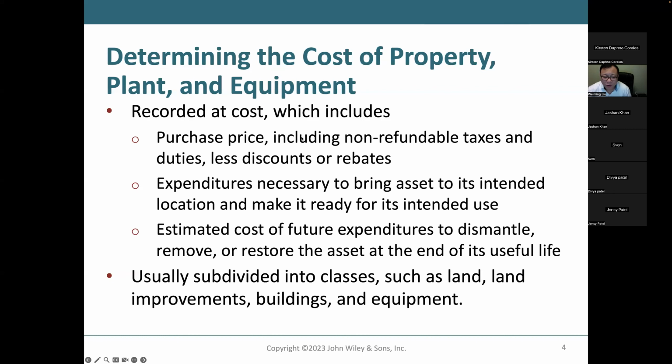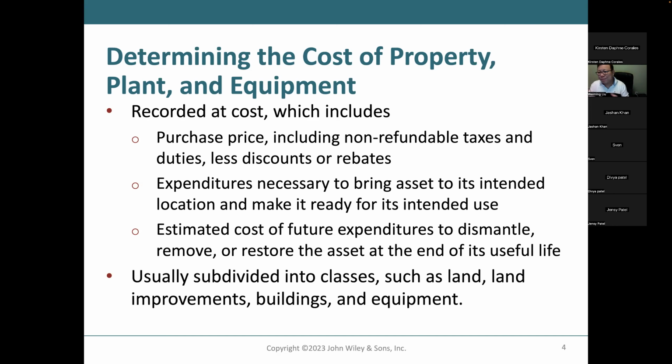So PPE is normally subdivided into classes such as land improvement, buildings, and equipment. PPE is a very broad category of long-lived assets. If you consider subcategories, we have land improvement, such as landscaping, right? You build the fences, driveway, and sidewalk. Those will be the land improvements to increase the land's accessibility,